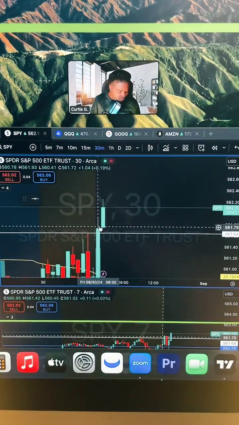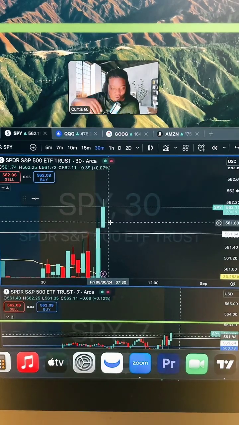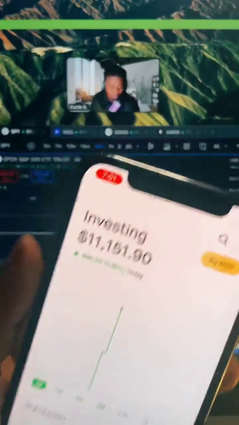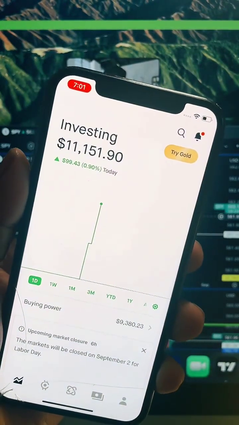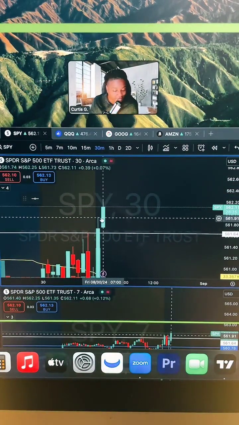So let's take a look. I don't even know what it was. Let's see what the profit was. So if you guys just saw a live trade, I appreciate all of y'all for rocking with me. We got about 50 people. I did my very first live trade. I wish I was better prepared to show you guys, to be able to break it down and everything like that.